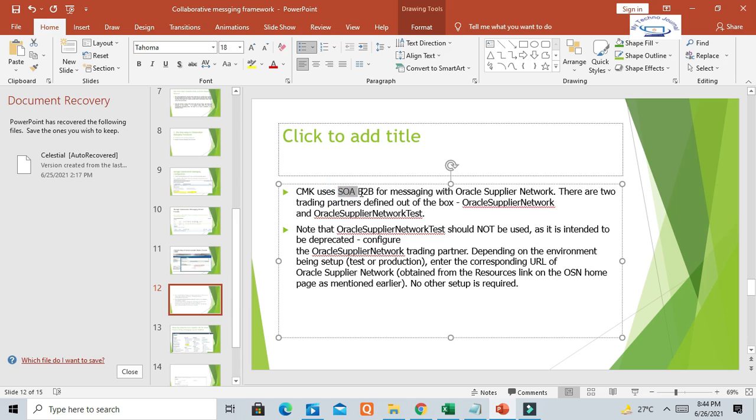This SOA is inbuilt and there is no need for any customizations. This is standard SOA, and with all the front-end setup and just providing your delivery channel setup, we can configure the Oracle Supplier Network and trading partners. Once we do the testing and send the message to a test platform and it is successfully transmitted, we can implement this into production.